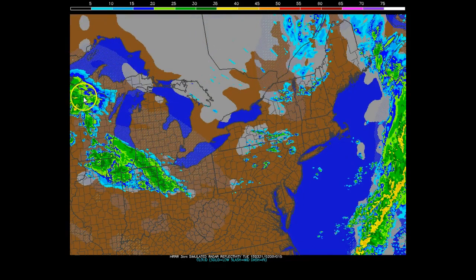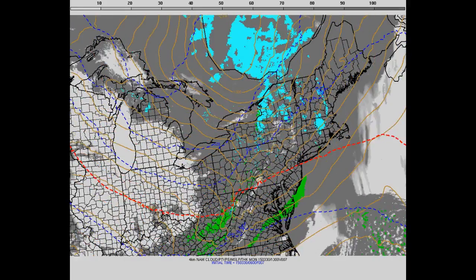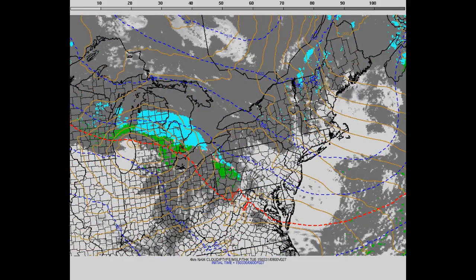But here comes our next weather system diving in from the Great Lakes, and this is a clipper system. We'll talk about that in the next slide. NAM 4 kilometer precipitation type and heights, thicknesses around the region as we go through the future. Here's our cold front moving through, breaks in the clouds during late this afternoon, mid to late afternoon across the region, but the clouds will begin to increase once again as a clipper system dives down from the Great Lakes,